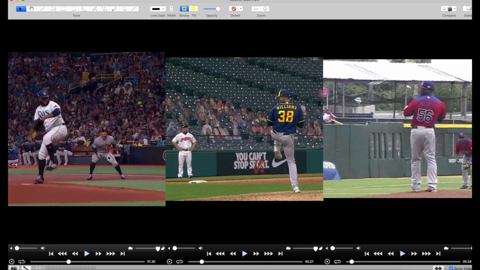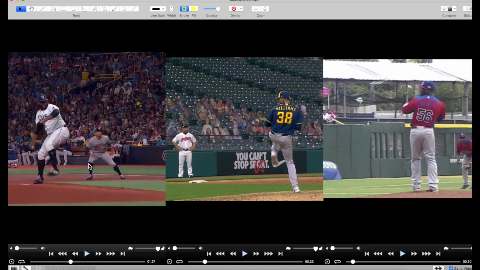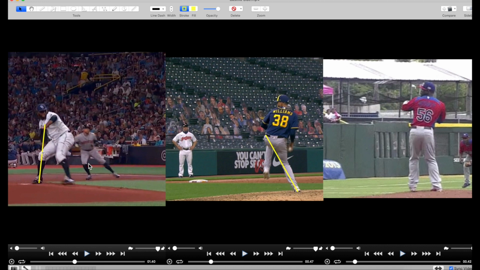So on the left we have Diego Castillo, who I've broken down before, but he is what I would classify as a vertical shin and internal rotation dominant guy, which is relatively uncommon, but you can see he has that vertical shin position as he gets into his backside. And so if you draw a line from the heel through the patella, that line does not intersect with the